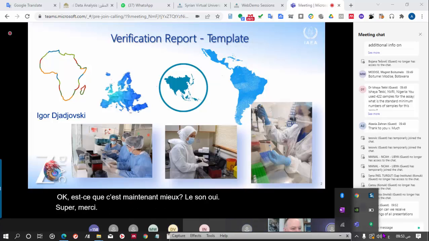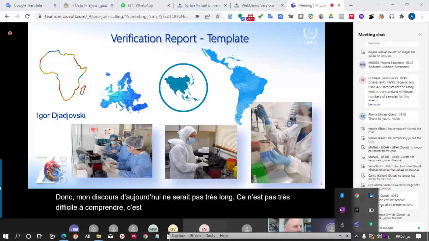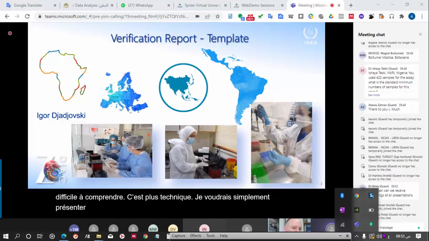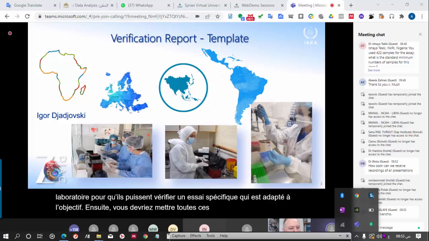So my talk today will not be very long. It is not very difficult to understand. It's more technical. I would like to just present a structure, a template. At the end of all the work that you will have done in the laboratory to verify a specific assay that it's fit for purpose, you should put all this data, interpretation and evaluation in some kind of form, and that would be the verification report